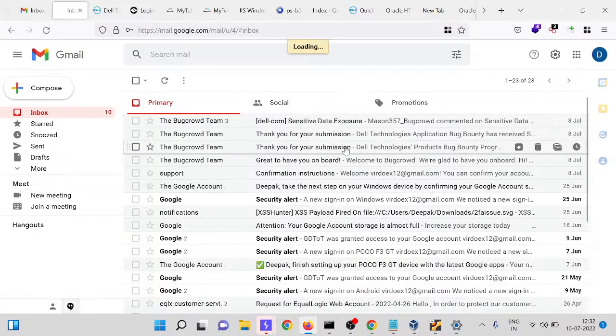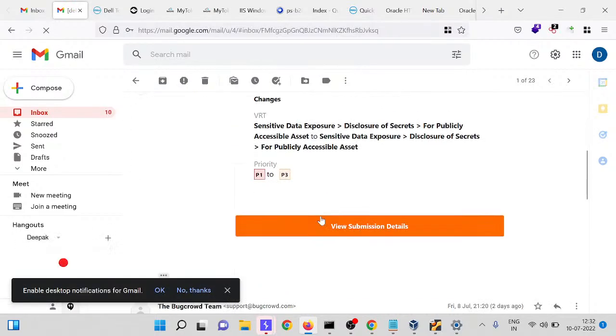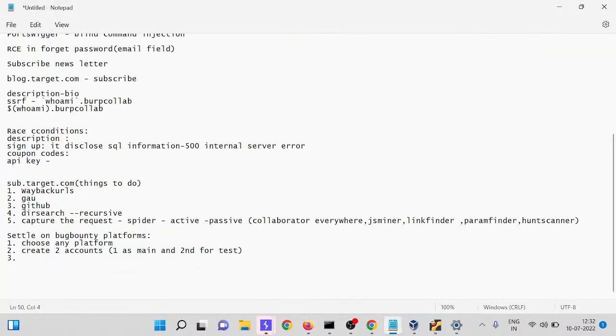I just changed the title to sensitive exposure. And what he did, instead of making it P1, he marked it as P3. And it's the same bug that I reported through my main account, and there it is marked as P1. So that's why I'm saying there is no chance. So don't fight with the triager when you are newly on a platform.